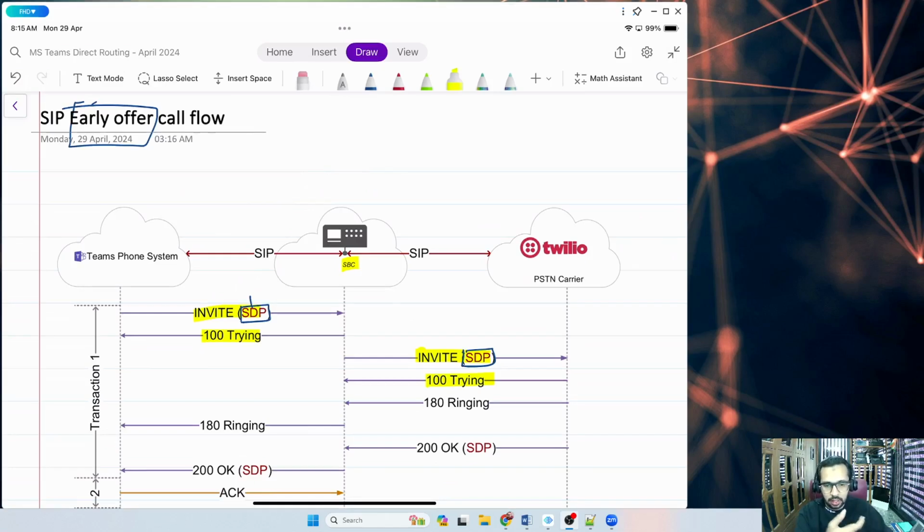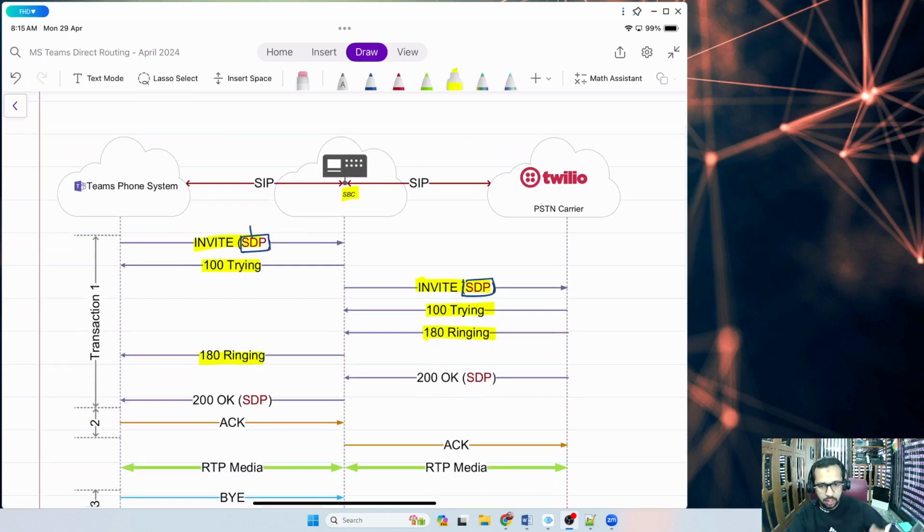So when it rings, I need to get the ring back sound, right? So they are exchanged using 180 ringing message. When the phone is ringing, the provider will be sending a 180 ringing message. That 180 ringing will be forwarded towards my Teams side so that Teams will hear that ring back sound. Then when they connect or the user picks up the call, they will send a 200 OK message,